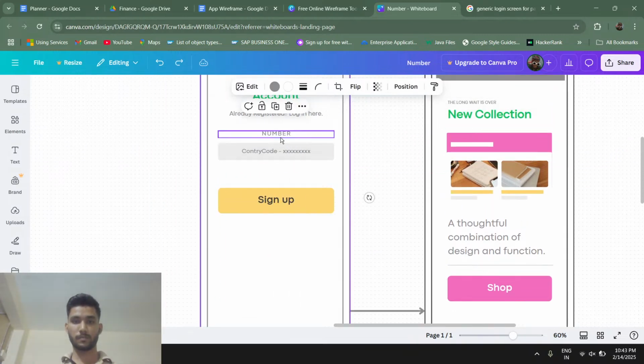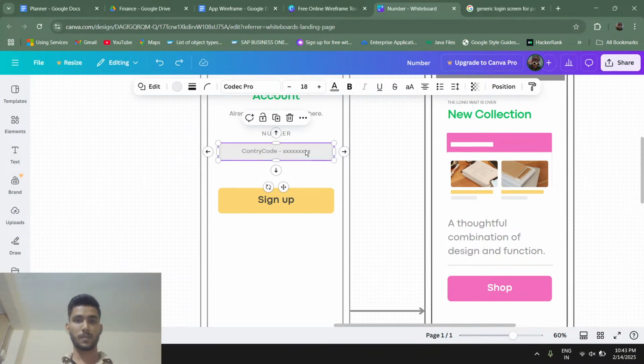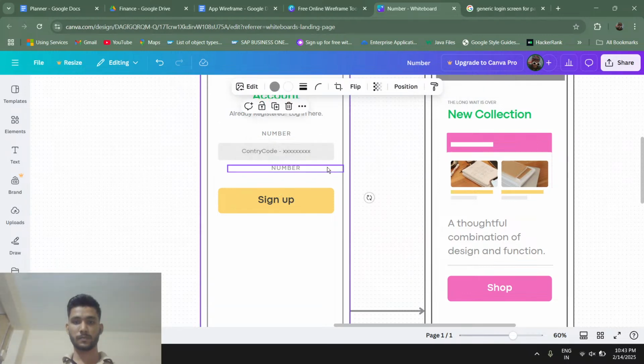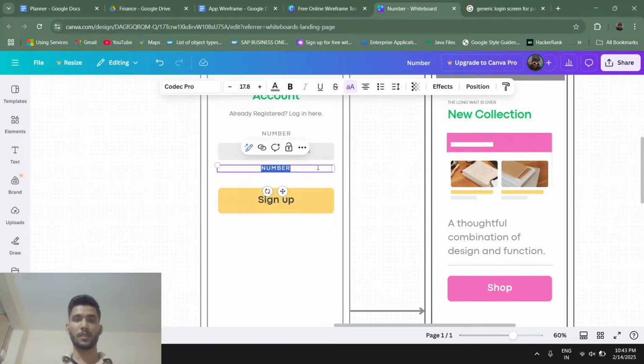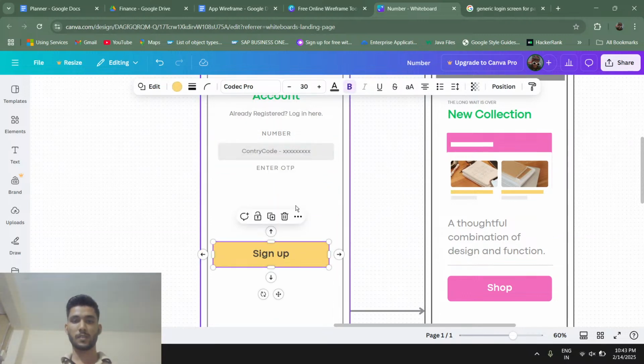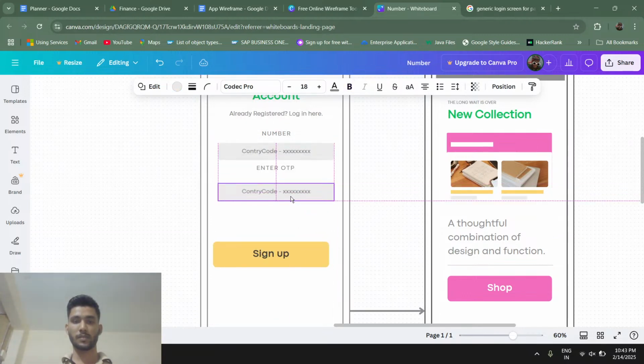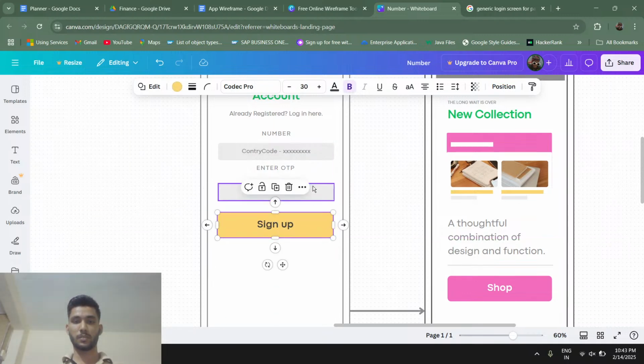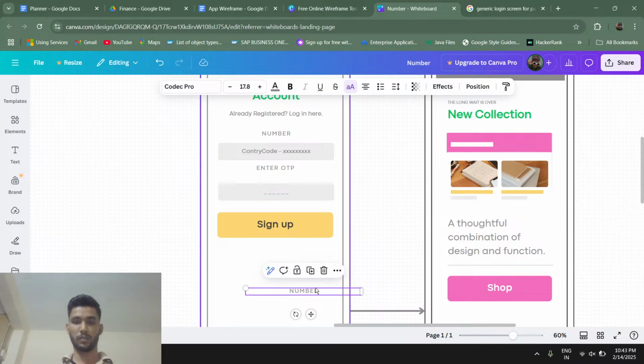It will have an enter OTP, and it will be your normal 6-digit OTP. Sign up, and it will also have